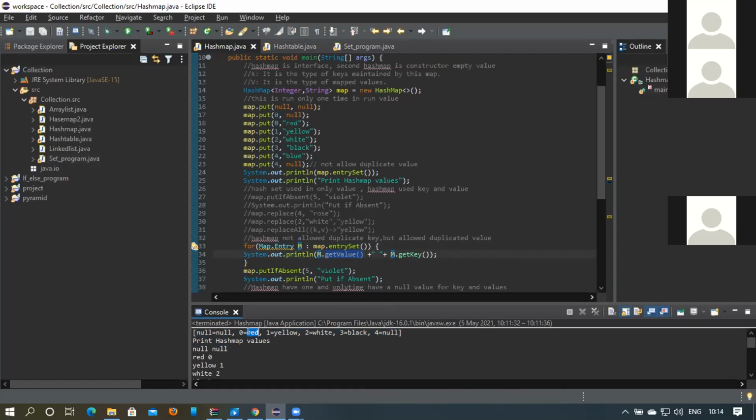And here the value is red, so that's where red is printed, and 0 is the key. And yellow is a value, so yellow is printed, and 1 is a key, so 1 is printed here. Usually we print key and value, but she printed value and key. That's the only difference.